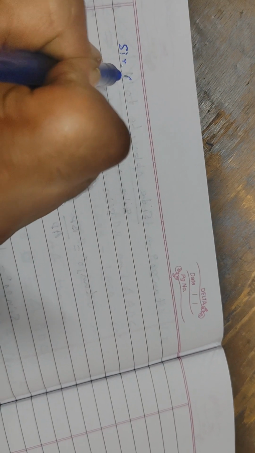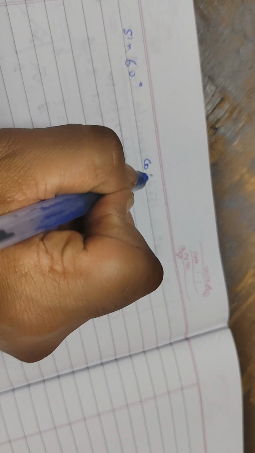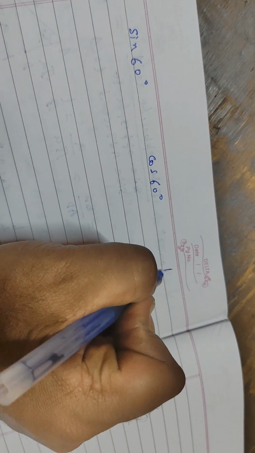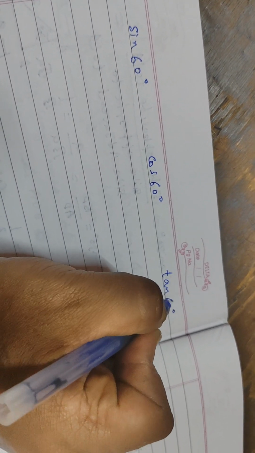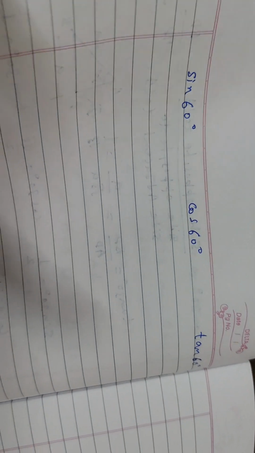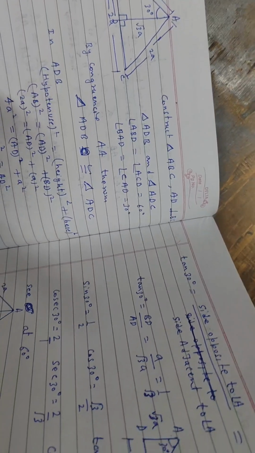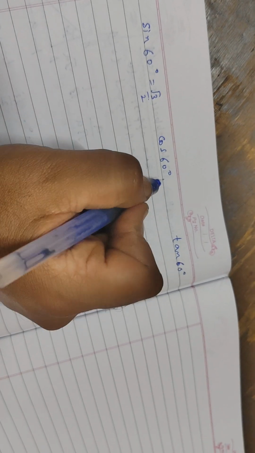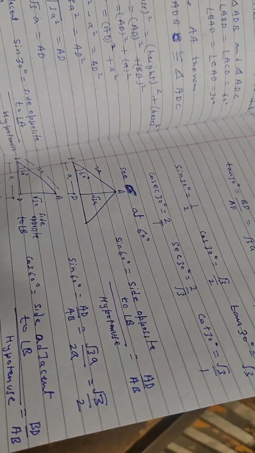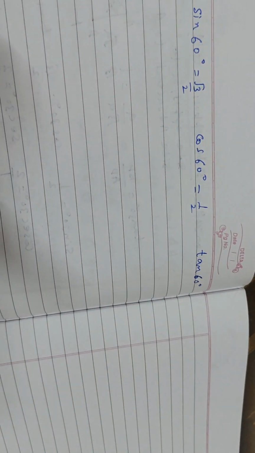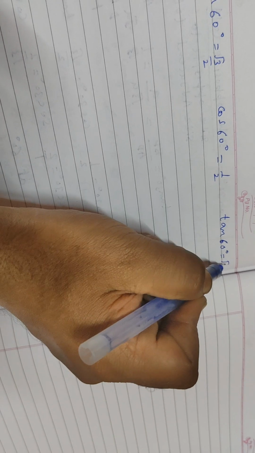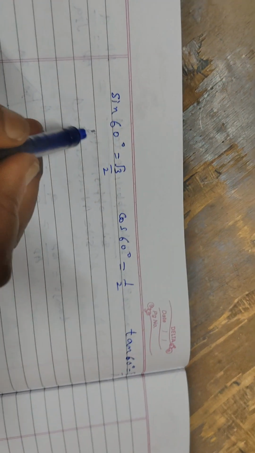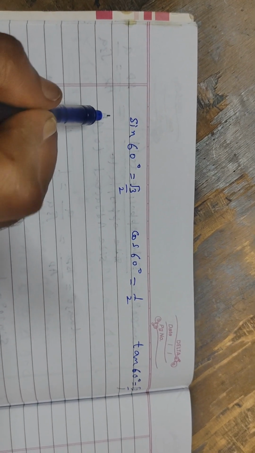So we write here sin 60, cos 60, tan 60. So sin 60 is root 3 by 2. Cos 60 is 1 by 2 and tan 60 value is root 3 by 1. Its opposites: cosec 60,